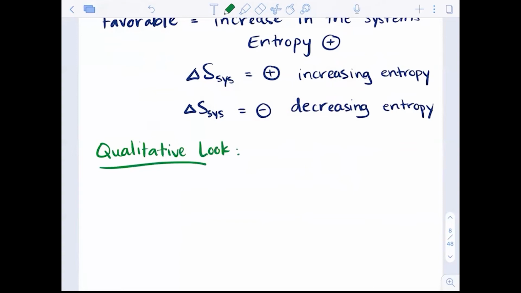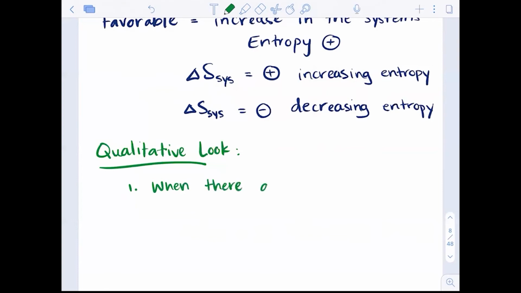I know we did in general chemistry, or a lot of times we do, like delta S's of formation and delta S's of certain bonds. But what we really want to think about is there are two main factors that will affect delta S of the system. So for our qualitative look, what we want to first think about is when